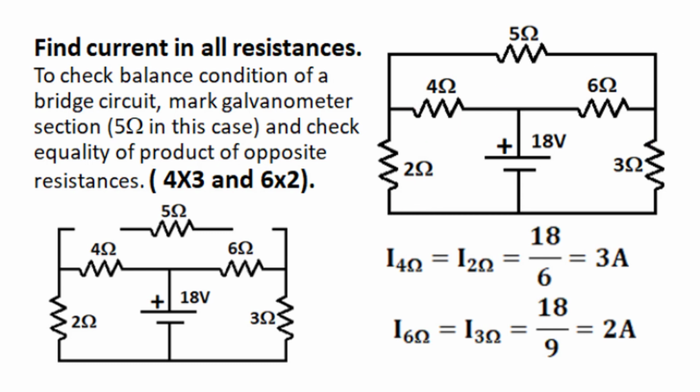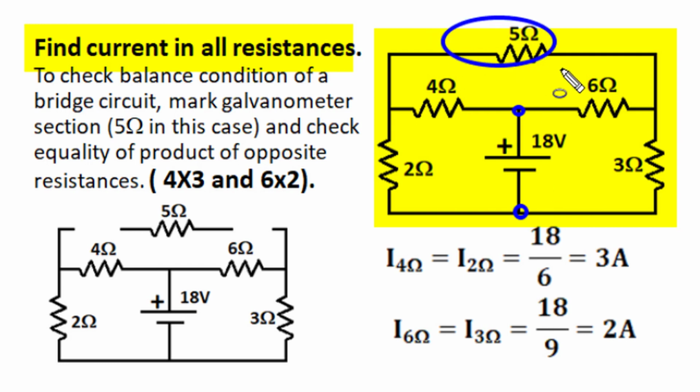Here 5 different resistances are connected to an 18 volt source in this complex configuration, and we have to find out current in all resistances. Since we cannot apply series parallel simplification, it might be a balanced Wheatstone bridge. In this circuit there is a resistance which is not connected to either of the two terminals of the voltage source, and that resistance is this 5 ohm. It would be that galvanometer branch,